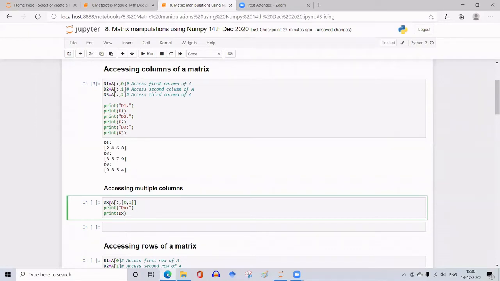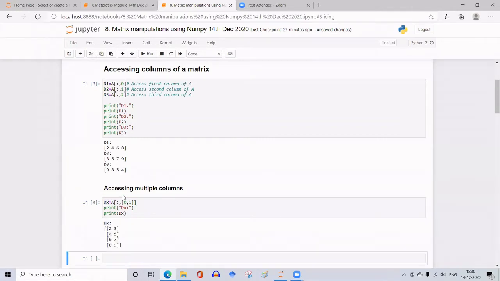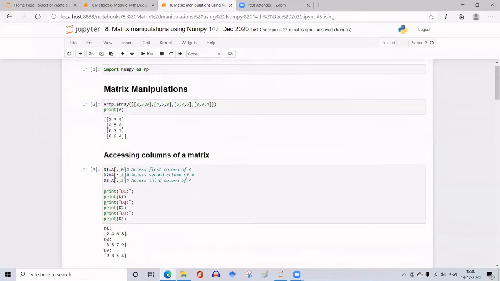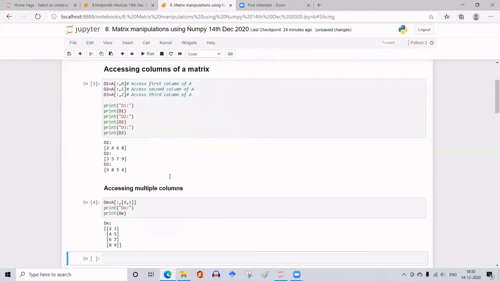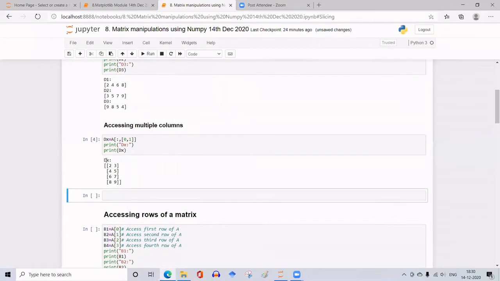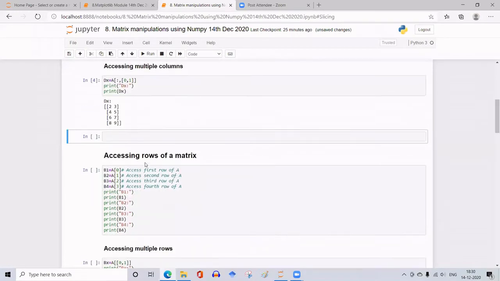And that extracted set of columns I have designated as a matrix DX. If I run this, I get the two columns 2, 4, 6, 8 and 3, 5, 7, 9 extracted and designated as a matrix DX given in this form. That is how we access the columns of a matrix.